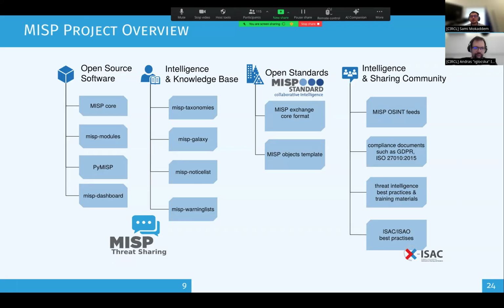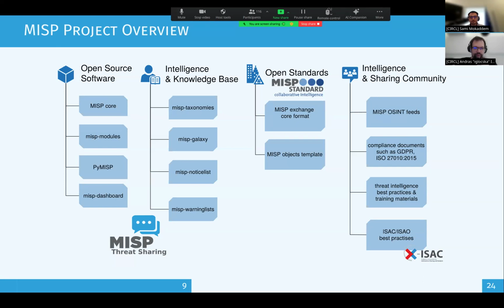Another one that I will mention is PyMISP. MISP has an extensive API that you can use, but sometimes people prefer to use an application wrapper around that API, and that's what PyMISP is for. It's basically a Python library that allows you to interact with a MISP instance like you would do using the API, but it goes beyond that because it also helps you to create data totally offline. So to build your event, to enrich it, to contextualize it. And once everything is ready, you just push it in one shot to a MISP instance. So it's really a flexible and extensive library that allows you to do way more than just interacting with the